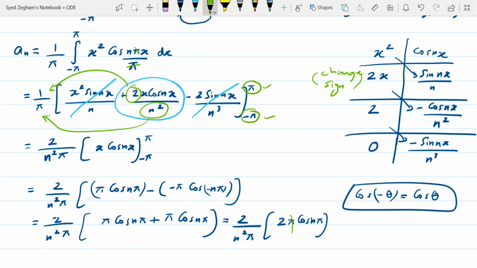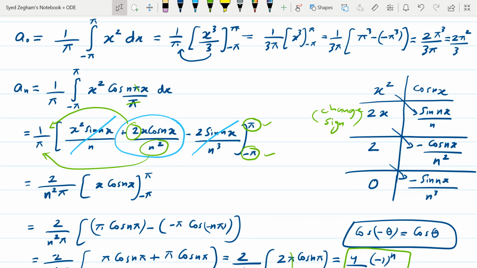And you can cancel this pi with this pi. So your answer is, I will write here itself, 2 times 2, 4 over n square cosine n pi. Cosine n pi is equal to minus 1 to the power n. So this is the value of your an. Now we have obtained the value of a naught, which is 2 pi square by 3,